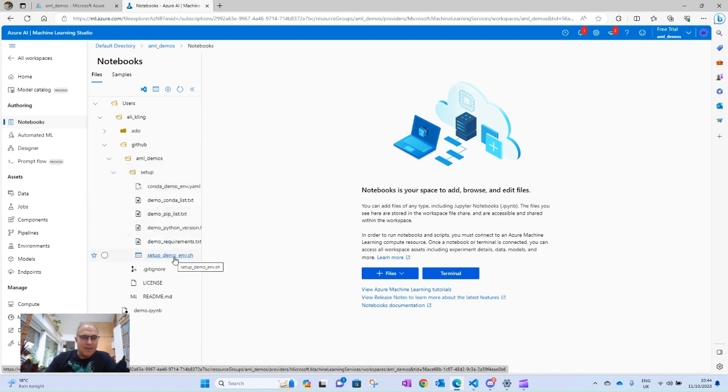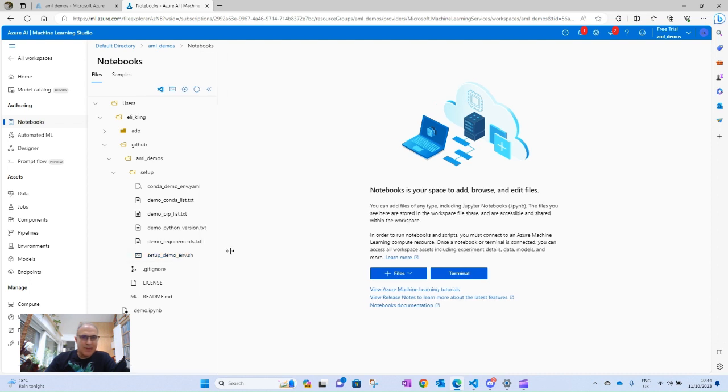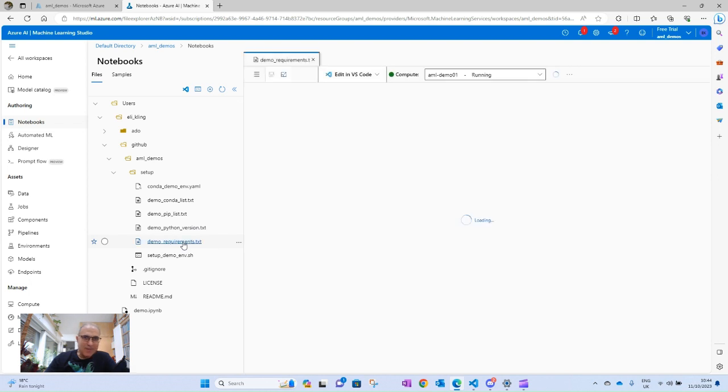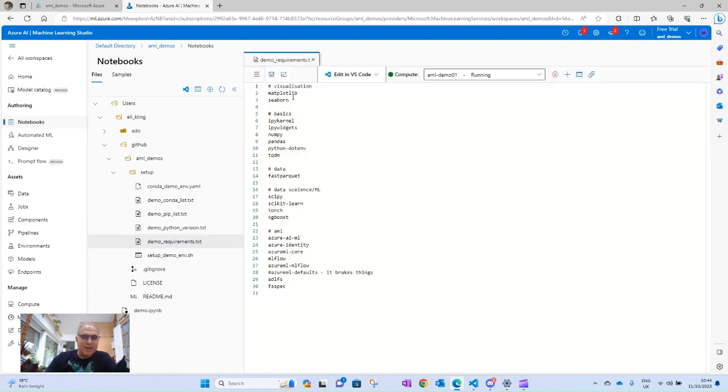I've created an SH file, and I'll walk you through it in a second. The input to this SH file is this conda demo environment YAML file and the requirements file. So let's start with the requirements file. Requirements file, I've just listed here a few basic